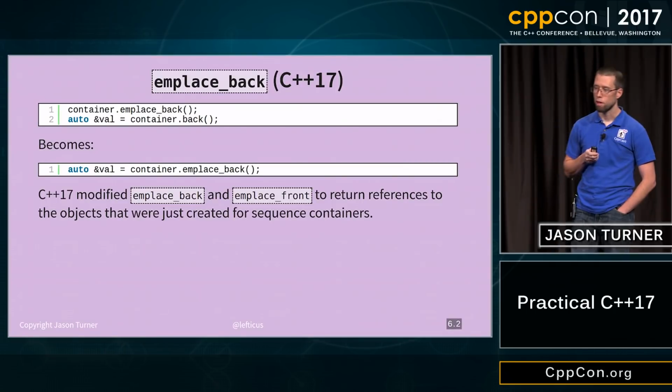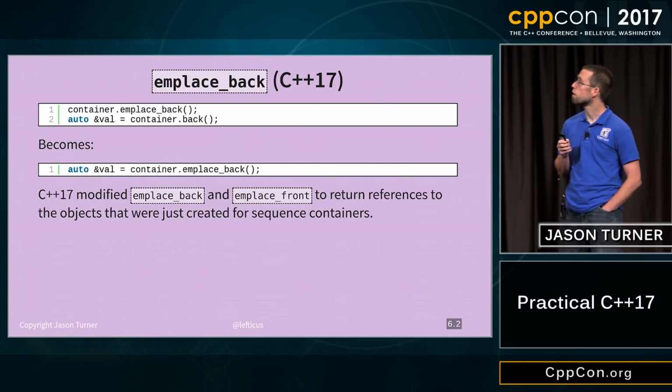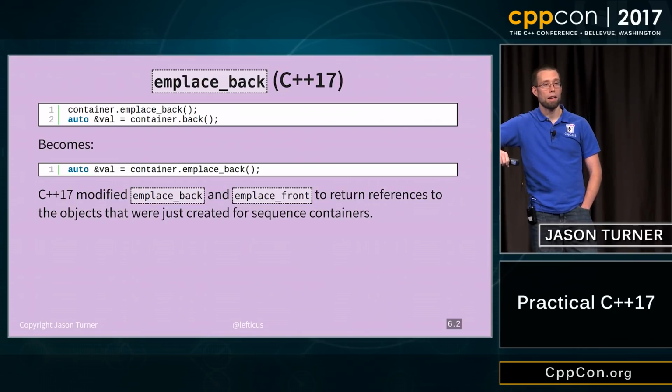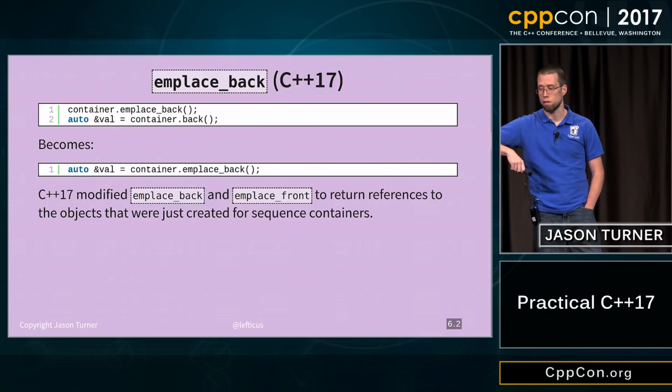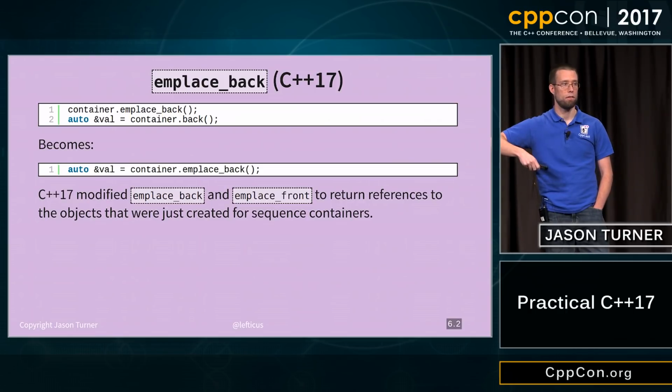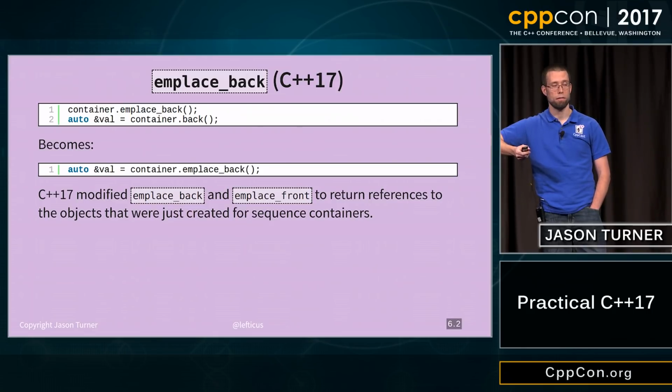So the standard library also has a handful of changes. This is one of my favorites, even though it is like the tiniest thing in the world. Emplace back in sequence containers was changed to return a reference to the thing that was just added. So it's exactly like the slide shows there in the second block. Emplace back is returning a reference. I can have an auto ref, whatever it is, and capture a reference to the thing returned. So if you have a reason to add something to the back of a container, and then immediately access it, this is neat. And it's tiny, but it's neat.